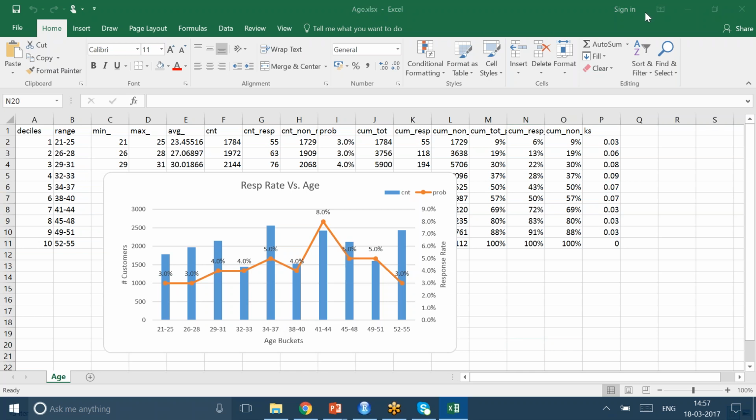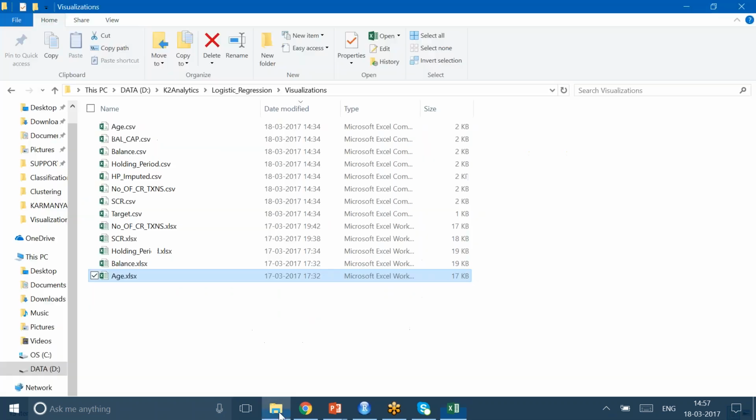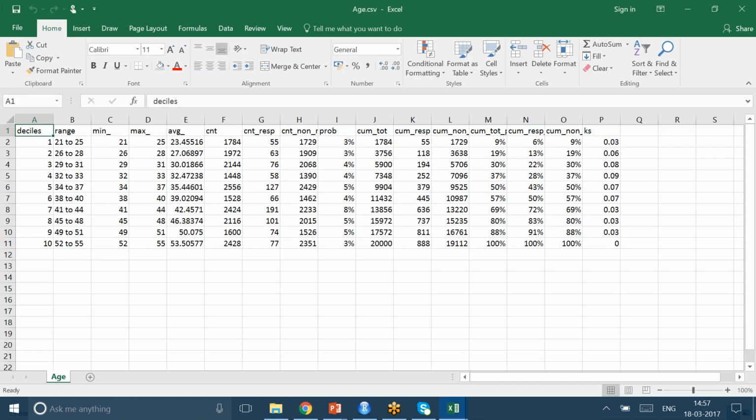Yeah. So let me now explain how do we go about creating these charts. So this is a ready-made chart which I have already created. Let me start from scratch. This is my CSV file. I take this. Now here, let me explain all the columns for once. What I did was, using that automated code, that data which is looking like this,